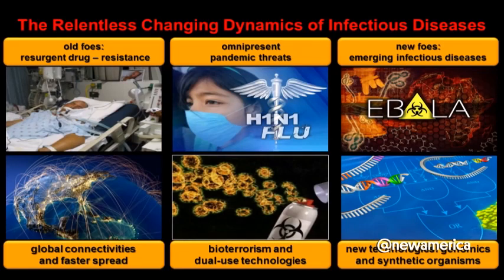So it is infectious disease at one level and its relentless dynamics. We are facing old foes resurgent. The most dangerous place now in America is a hospital in terms of antibiotic-resistant infections. If someone had to say to me, what do I consider to be the biggest single infectious disease threat, it is still pandemic flu. We have the much publicized Hollywood apocalyptic dimension of new diseases like Ebola. Things move fast around the world, and we must, of course, add to this bioterrorism, and as I'll end with in my talk, new technologies will in fact alter this entire